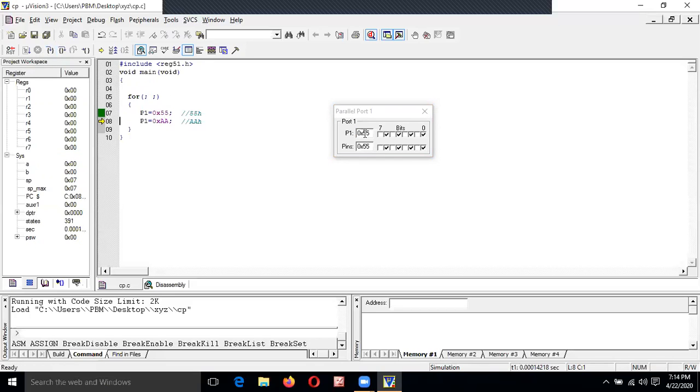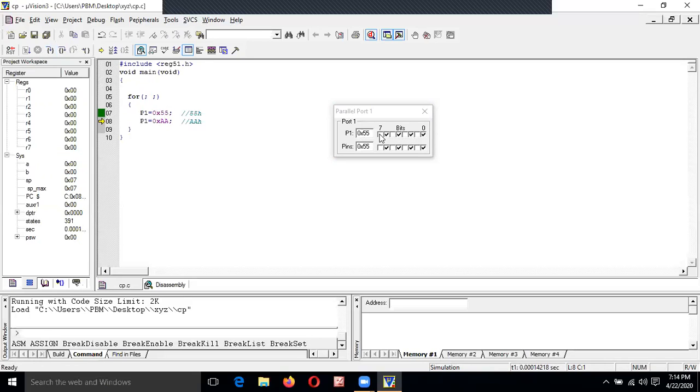When we send 55H, this is the value sent to port 1. You can see 4 ones and 4 zeros alternately. Now just look at the 0th bit and first bit. So 0th bit is 1, first bit is 0, then 1 0 1 0.